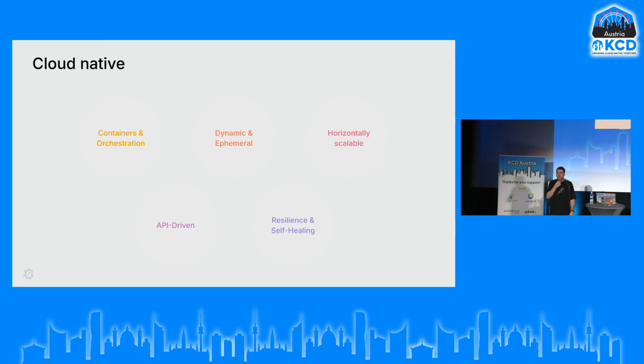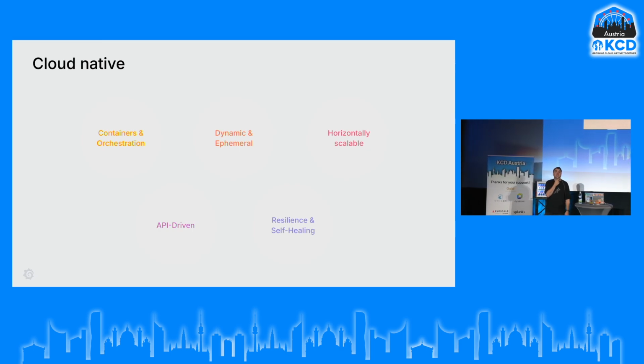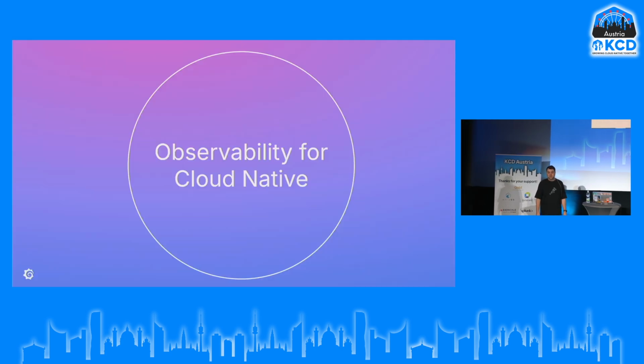It's API driven, and perhaps more important, we rely on the resiliency and the self-healing aspects of it. Right? So basically, if something is not working, so I have a health check on my system, and I can detect that it's not working for some reason, I can just kill it from this machine and boot on another one, and it might be fine. Right? So I have that self-healing aspect to cloud native as well. Now, what it means is we need observability when we are dealing with cloud native architectures, because we have multiple versions of the same services running at the same time, because we have different clusters and different pods, and things may fail at different points of architecture.